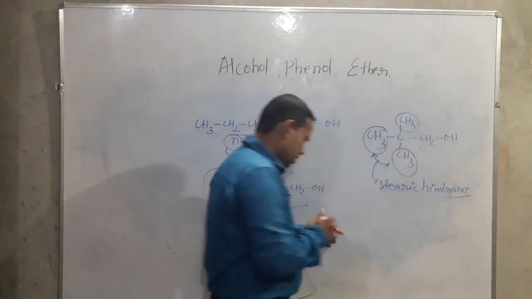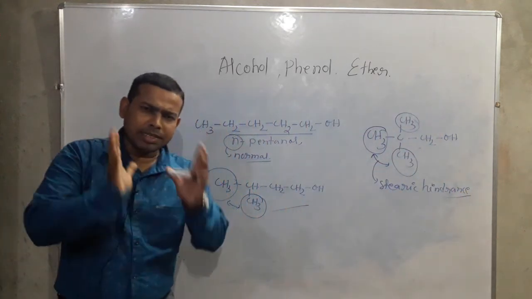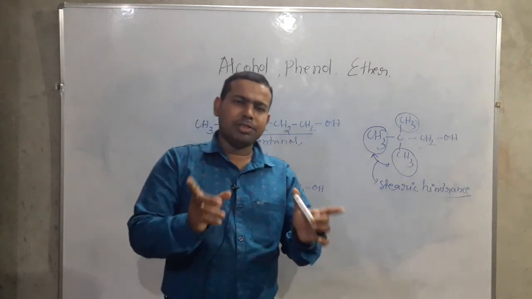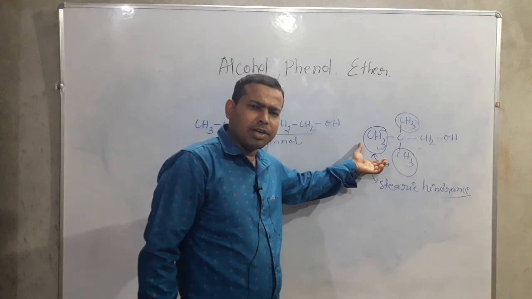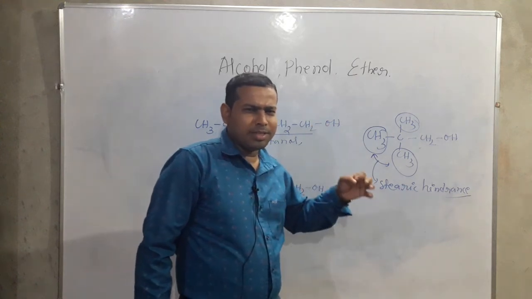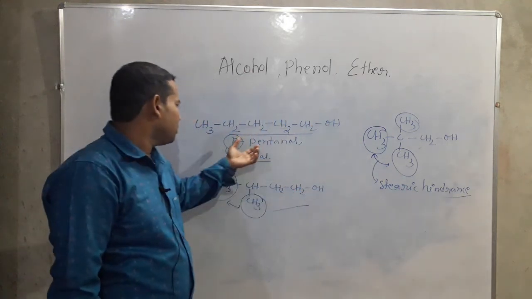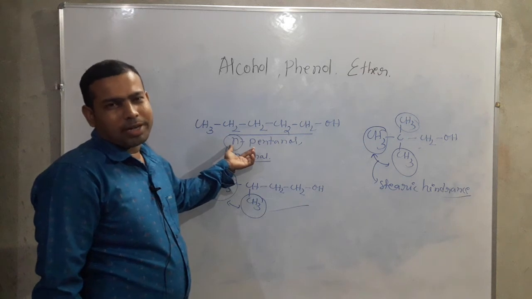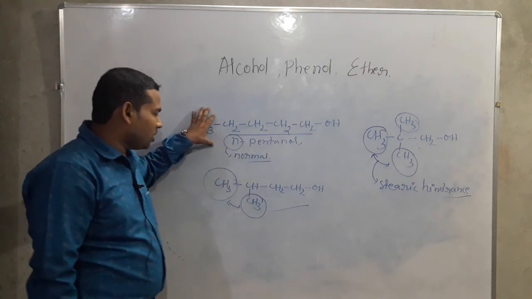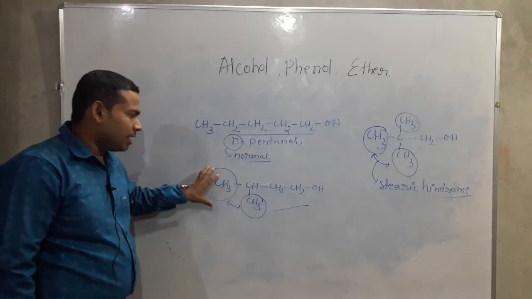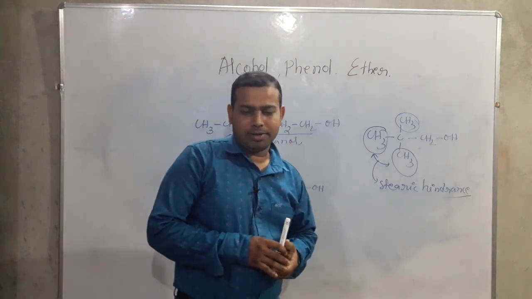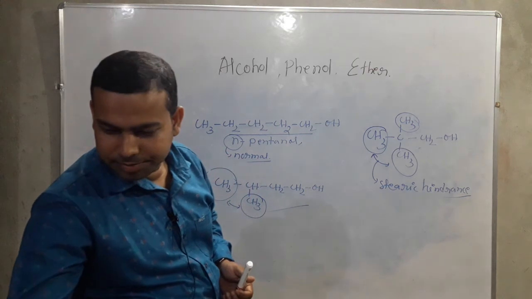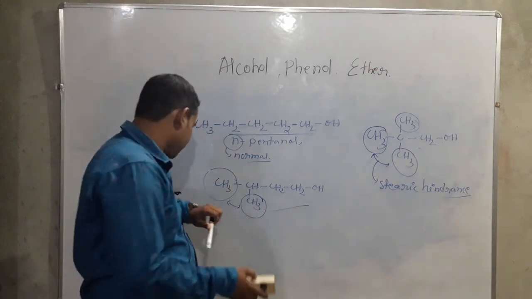What is steric hindrance? Steric hindrance means repulsion between the bulky groups. Due to the steric hindrance, its boiling point is very low compared to N-pentanol. So N-pentanol's boiling point is higher than isopentanol, then neopentanol. Clear, people? Okay. Next,